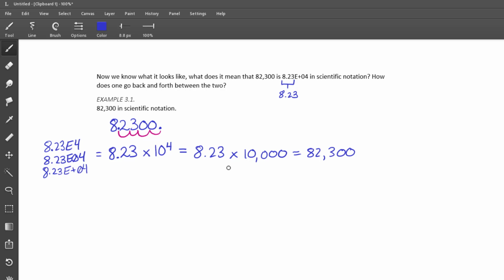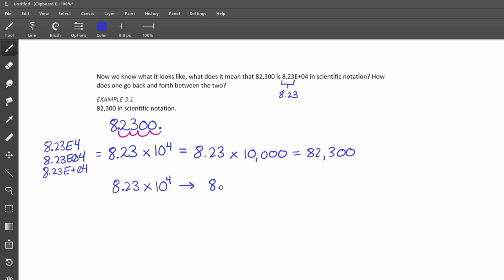So we spelled out that scientific notation is literally just a math problem, right? When it's times 10 to the something, that's going to be 10 or 10,000 or 1 over 10 or 1 over 10,000 or something like that. And you are going to end up multiplying your first part by that number, and it's going to move the decimal place to where it ought to be. But what if you started out with 8.23 times 10 to the 4th? If you were going from 8.23 times 10 to the 4th to 82,300, how could we get there?